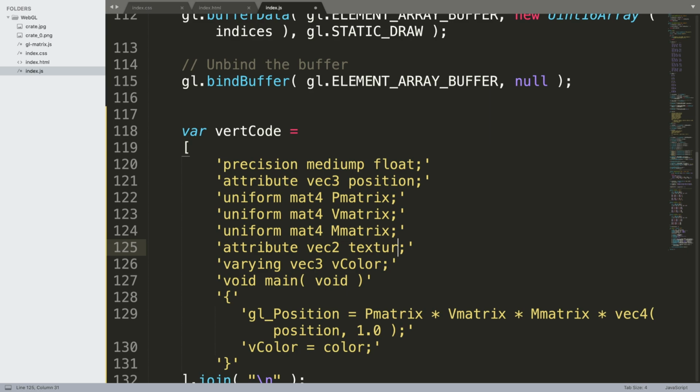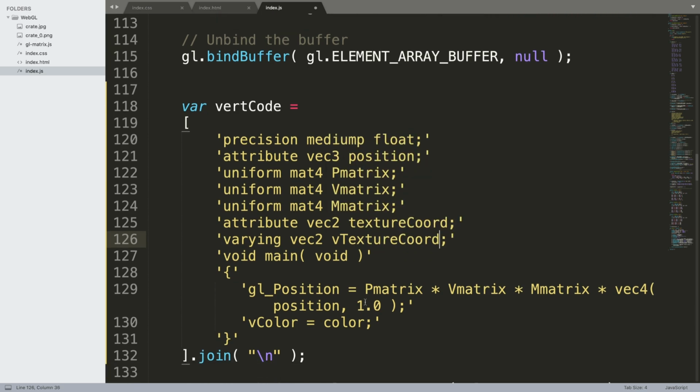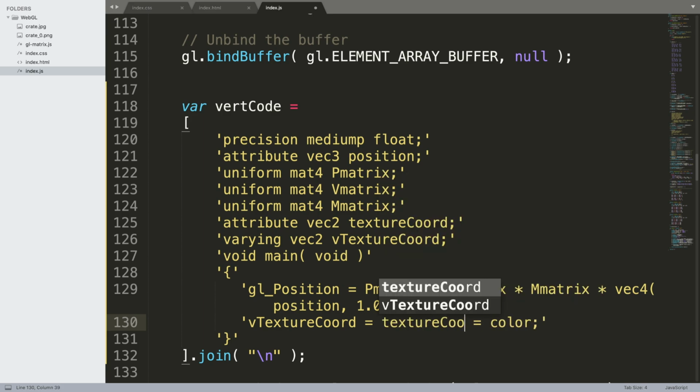You can name this whatever you want. This is just what I'm naming it. Texture coord, and we want a varying vec2. I'm going to call it vTextureCoord. And in here what we want to say is vTextureCoord equals textureCoord,